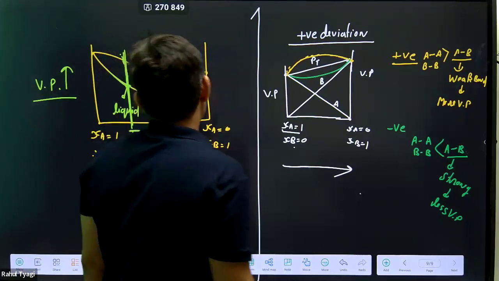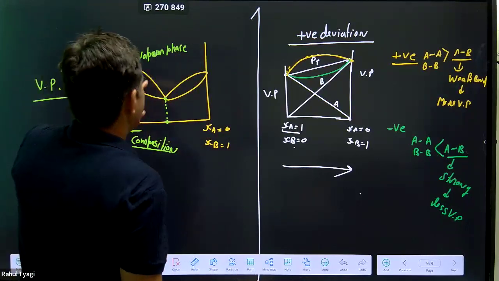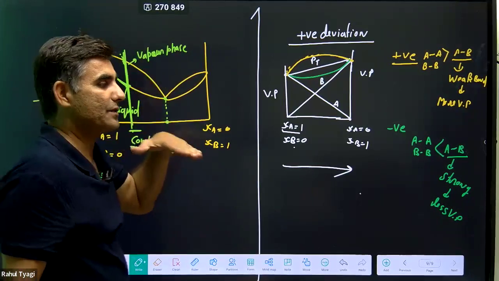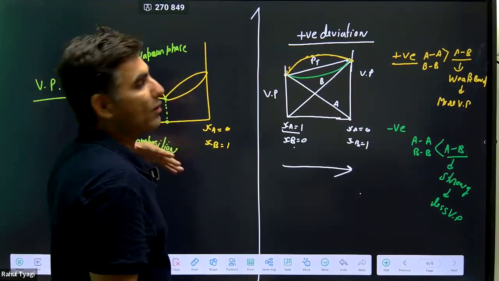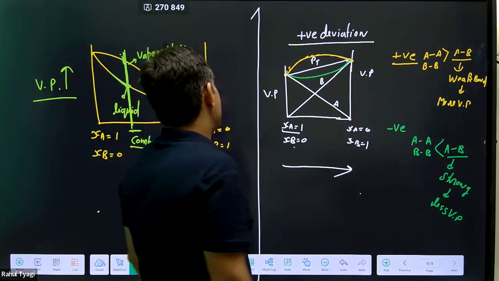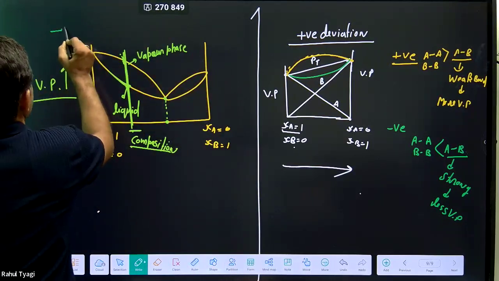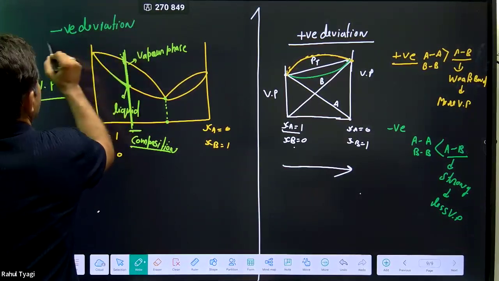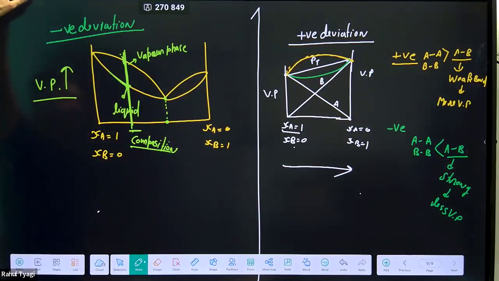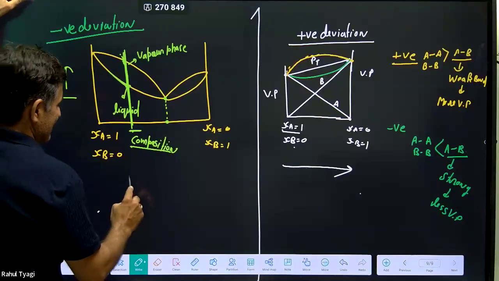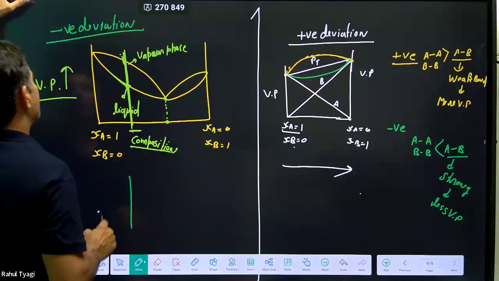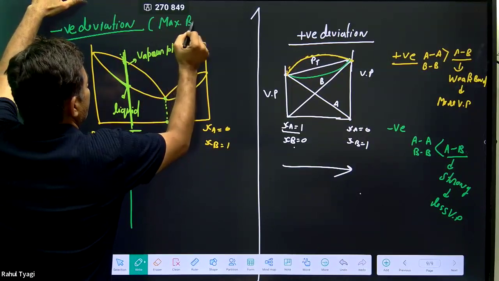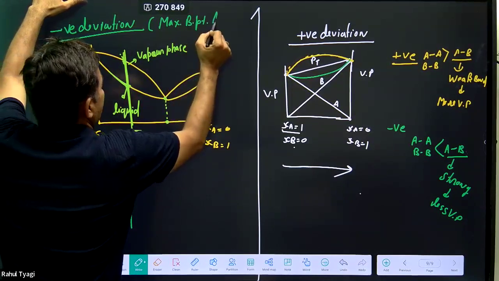Vapor pressure is decreased, that means इसका बॉइलिंग पॉइंट इंक्रीज हुआ है या डिक्रीज? वेपर प्रेशर क्या हुआ है? डिक्रीज हुआ है सेम टेम्परेचर पे। मीन्स जो नया बॉन्ड आया है वो स्ट्रॉन्ग बॉन्ड आया है, तो दैट मीन्स इट्स ए नेगेटिव डेविएशन। जो ऐसा कोई एजियोट्रॉप होगा वो नेगेटिव डेविएशन शो करेगा। और ये बॉइलिंग पॉइंट कैसा होगा? नेगेटिव डेविएशन मींस मैक्सिमम बॉइलिंग पॉइंट एजियोट्रॉप, मींस यहाँ पे बॉइलिंग पॉइंट इंक्रीज हो गया।